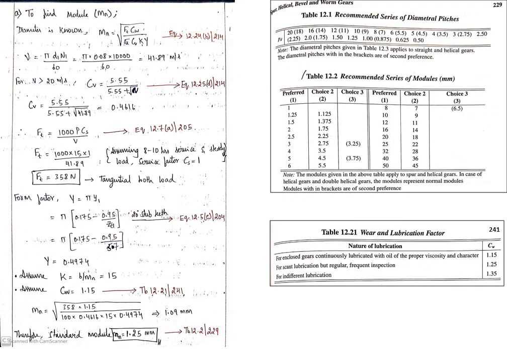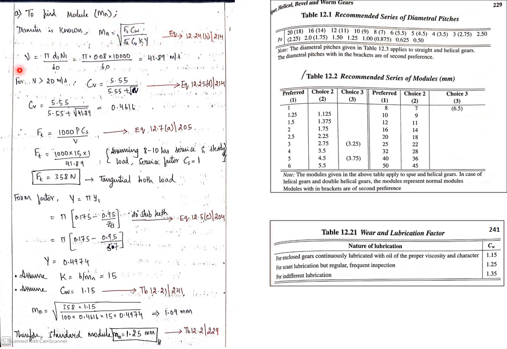Now the first one is to find the module. This you have in two different formats, that is, if the diameter is known, this is the formula you have to consider. This is available in the data handbook page number 214. Okay, so let's start to find the unknown values from this formula.